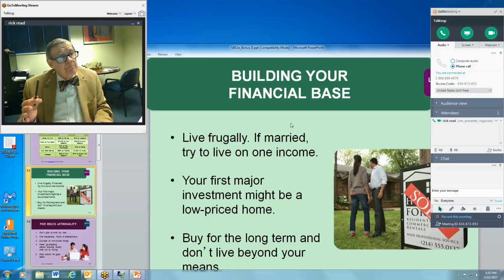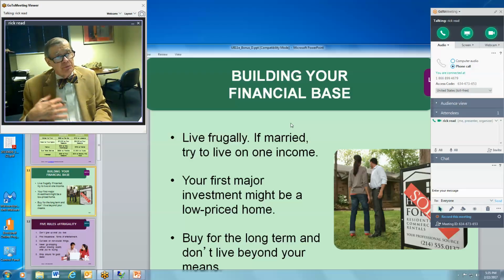Think about buying a house as an initial investment. Now, I do want to give you a caution here. The rule of thumb to get your initial investment out of a home is that you must own it a minimum of 3 years. Some people would say it's a minimum of 5. So you want to get your investment out. I can tell you that's probably true.